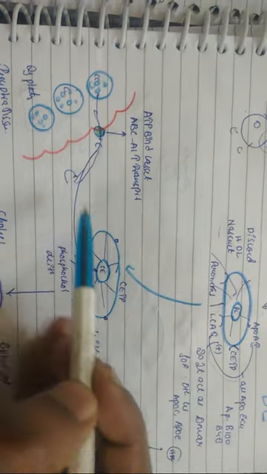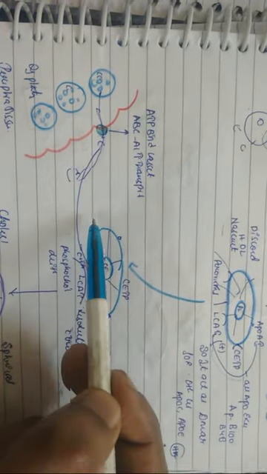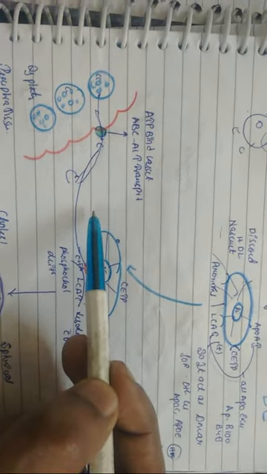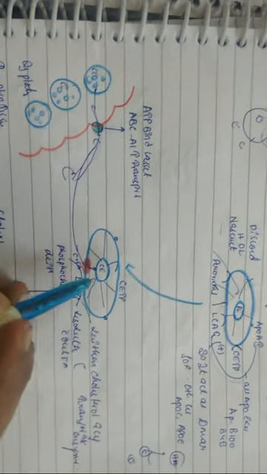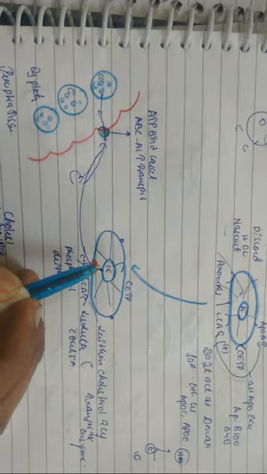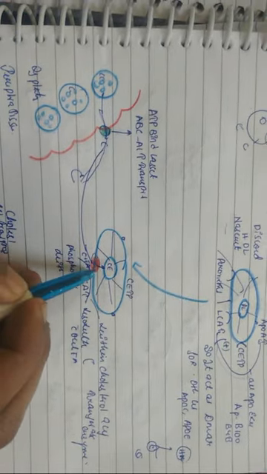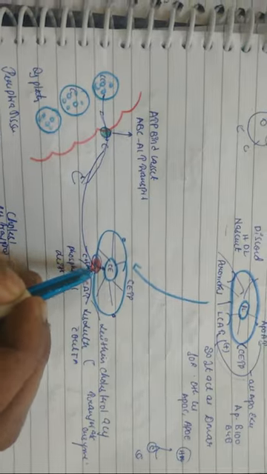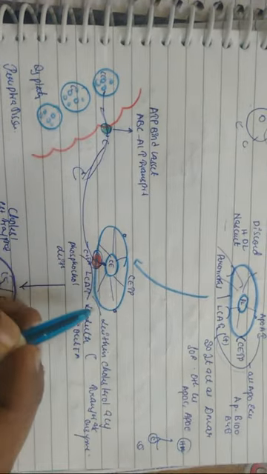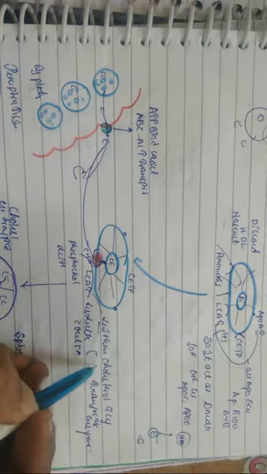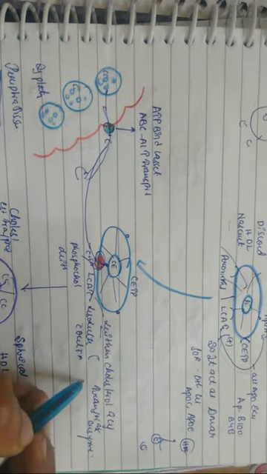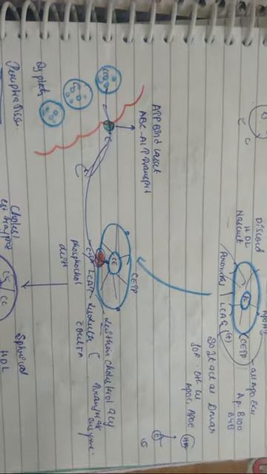Wherever the cell has an excess of cholesterol, the HDL moves near the cell. The moment it moves near the cell, you can see that cholesterol is coming out through this transporter. Remember that on this nascent HDL, or the discoid HDL, you have an enzyme. What is that enzyme? That enzyme is known as LCAT. What is LCAT? LCAT is lecithin, C for cholesterol, A for acyl transferase: lecithin cholesterol acyl